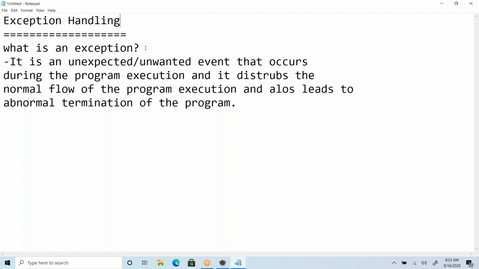Okay. So how can we define an exception? It is an unexpected or unwanted event that occurs during the program execution, and that disrupts the normal flow of program execution, and also leads to what? Abnormal termination of the program. Okay, makes sense,